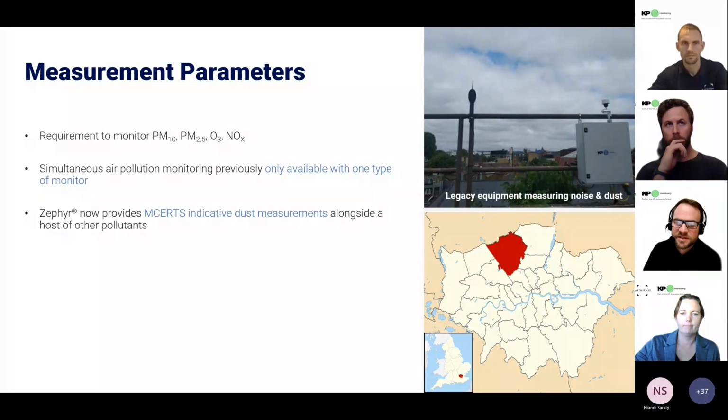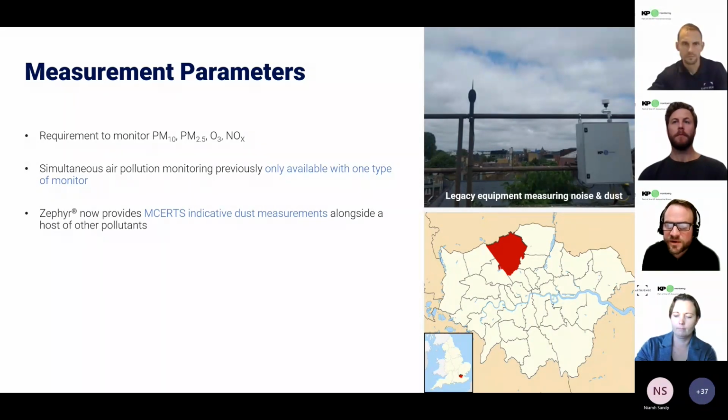The unit you can see here was installed to monitor dust levels for a roof addition and a penthouse construction in Barnet. The requirement at this site was initially for MCERTS PM10 only, but on discussion with the local authority, they also required PM2.5 and NO2. This meant that we would historically need to have installed 2 of the monitors you see here in the top picture, plus a 3rd monitor to capture the pollutant readings. I'm pleased to say this unit was subsequently replaced with the Zephyr capturing all of the data on its own.